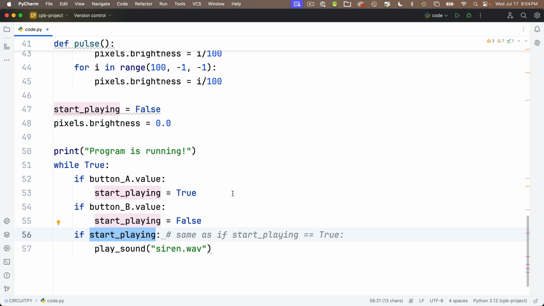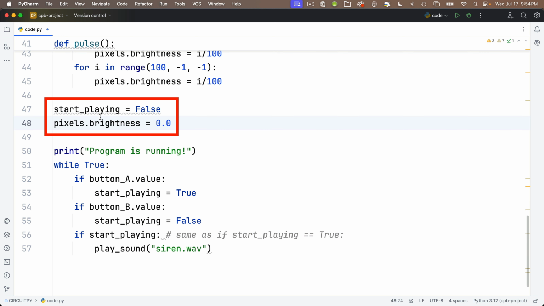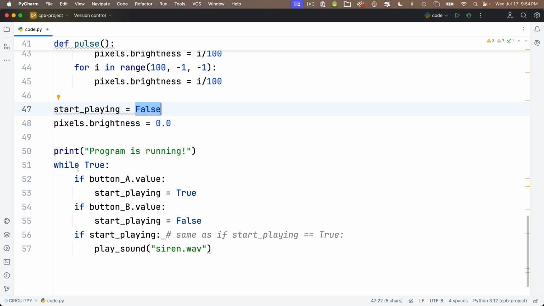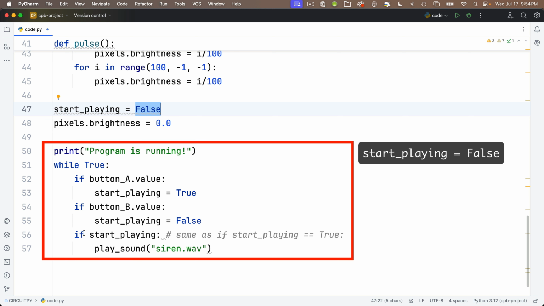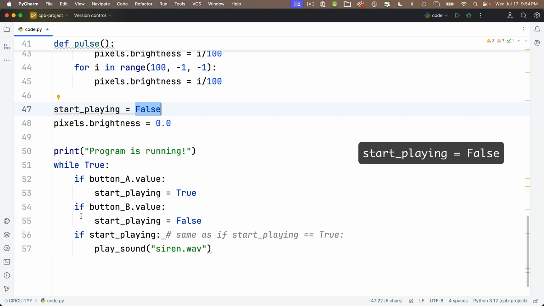Now let's imagine what happens when we start the program. We've got our lights off, and we have the start_playing value set to false. Then we enter while True, and we'll loop around here forever. And if no fingers are down, we're going to skip over these first two if statements. We get to the third one, and start_playing is false here too, so we don't do anything that's